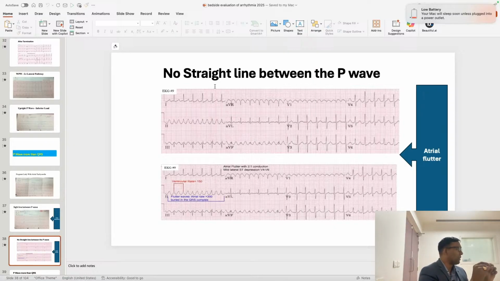You may sometimes get P waves in the flutter also. Flutter you will always be getting. Fibrillation also you will be getting some P waves. The differentiation is only one. If you are getting similar, same P wave morphology,